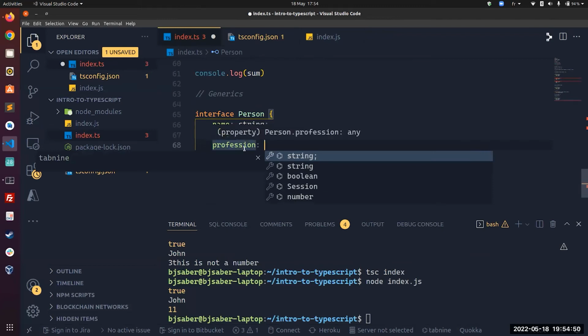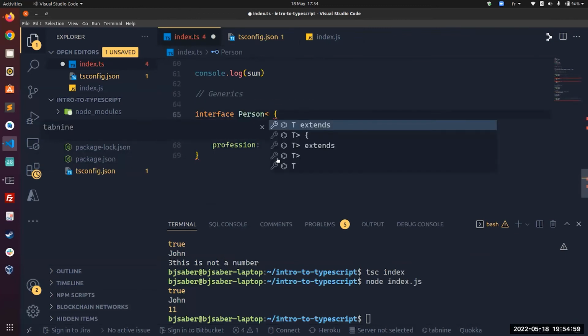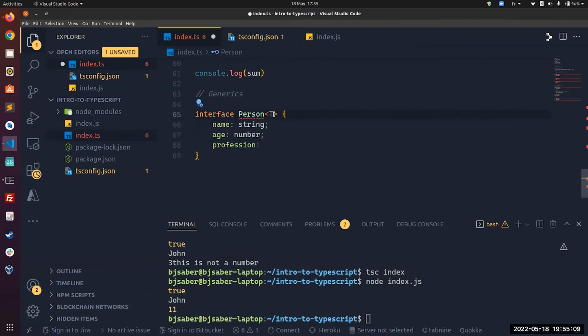So this property will differ from person to person. So we can use this syntax. We open angle brackets. We give it T as a type. So you can put any type, you can name it anything you want,